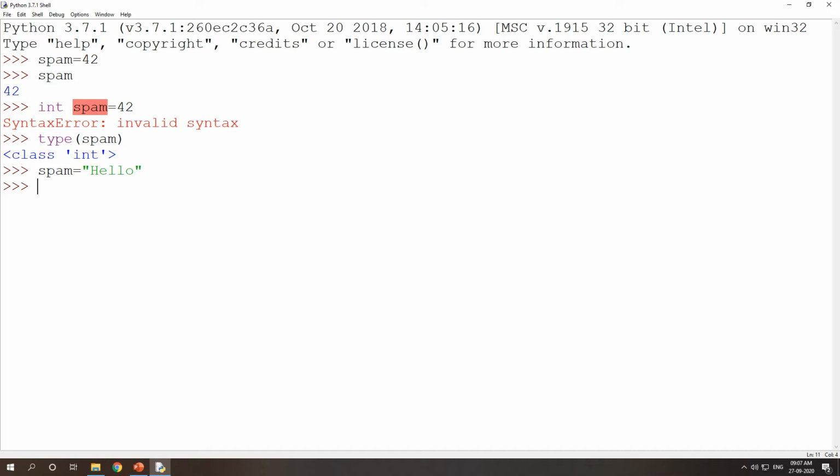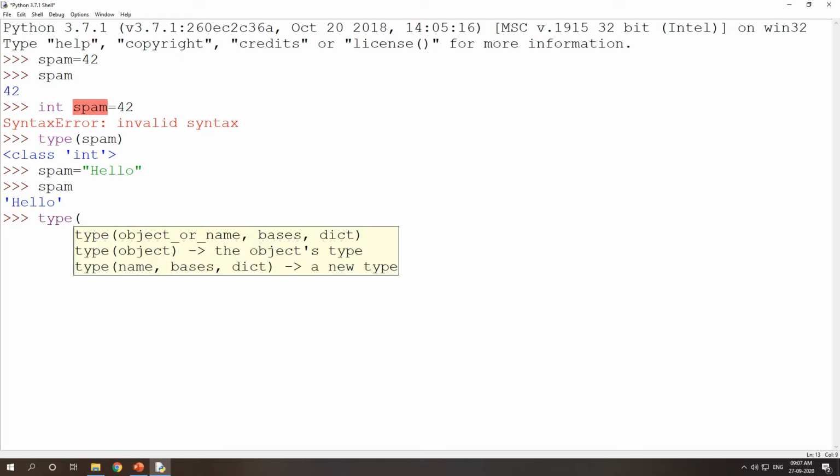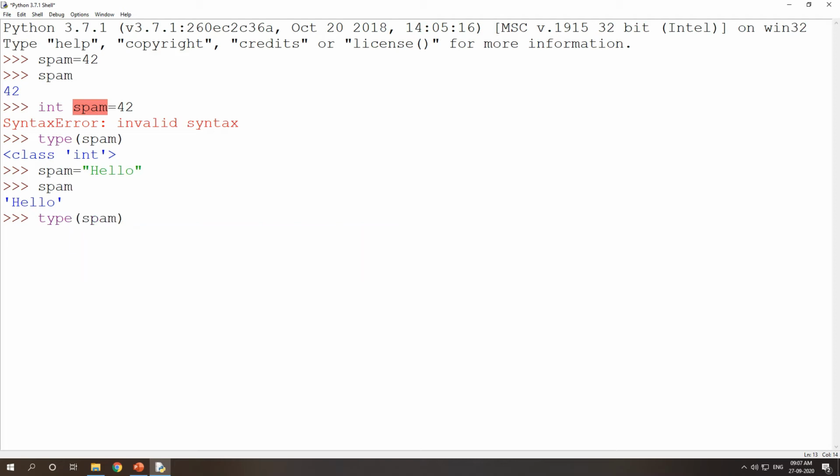Now if you change spam's value to hello, the spam value becomes a string. What is the value of spam now? Hello, and the type of spam will be string. So Python decides according to the value that you are storing.